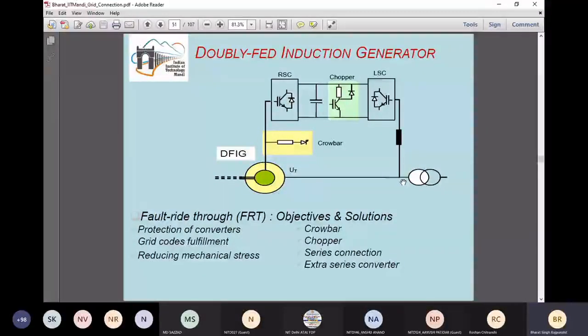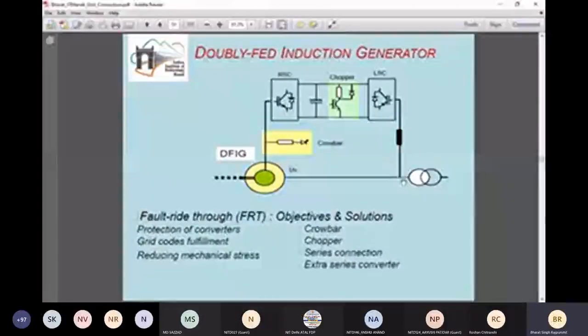So this is why a control philosophy is required, that when a crowbar is in operation, the line side converter can act as a static compensator, or during the normal operation also line side converter can act as a static compensator to provide the reactive power to the grid by utilizing this DC link bus voltage. And hence we can see that overall DFIG can have a fault ride through capability also, can provide the active power also during normal and abnormal condition, as well as it is able to utilize the power electronic converter to provide the reactive power.